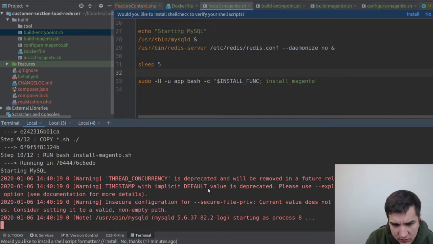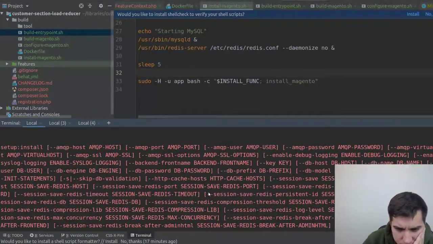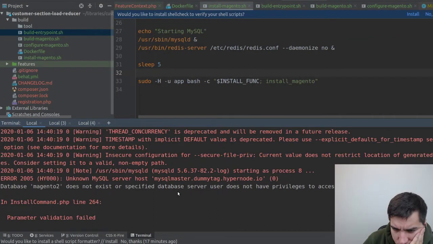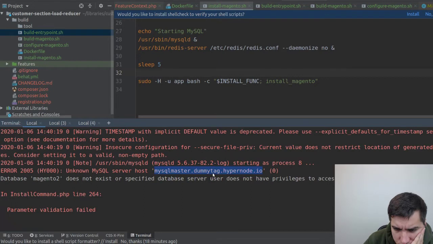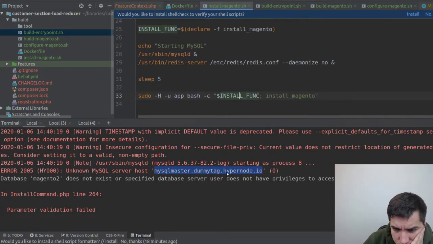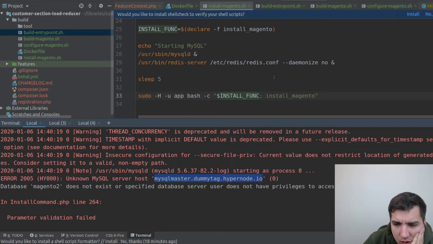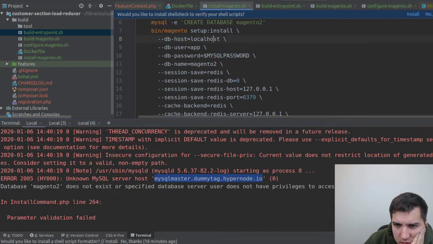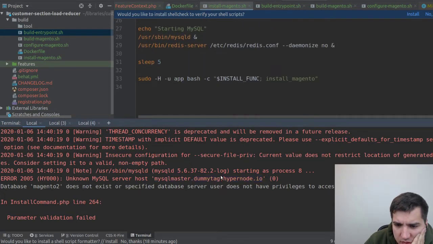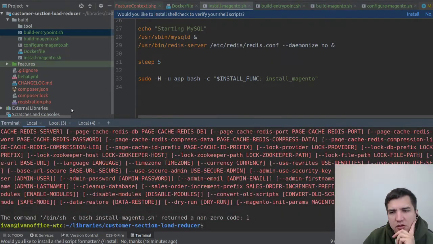Starting as process 6, okay. Okay, this is interesting. Oh, yes, I think I know what's the problem. Probably the problem is that it somehow is not getting bound. Interesting, can we somehow